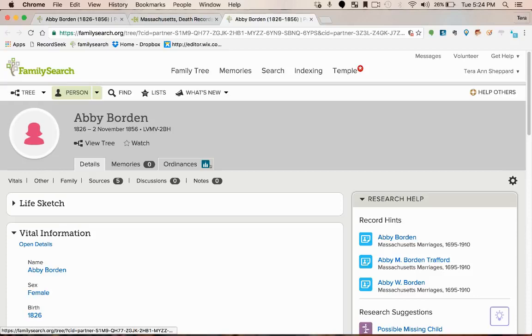And that is something that I've noticed some of our patrons have had problems with, is finding a record somewhere and wanting to put it on FamilySearch, but not quite knowing how. This is a great tool. It's FamilySearch certified. It's easy to use. If you have any questions, feel free to contact me and we can go over them. But I think that this will be a great